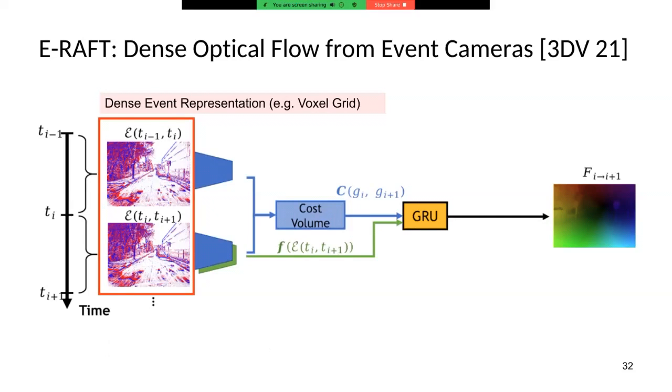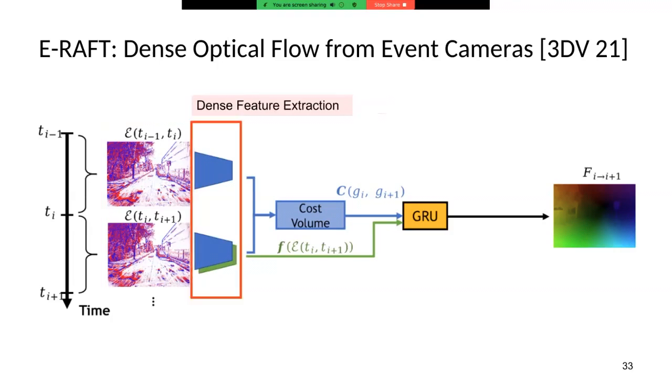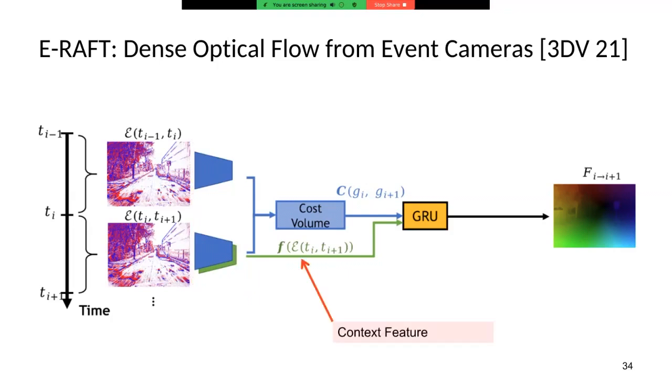It can be a voxel grid, for example, where we just interpolate events into a dense voxel grid, and that represents space and time, so time, height, and width. And we do this for two subsequent time durations or time windows. Then we extract dense features from these representations. One of them is a context feature. The idea there is that given some context, for example, you see the ground in front of you,